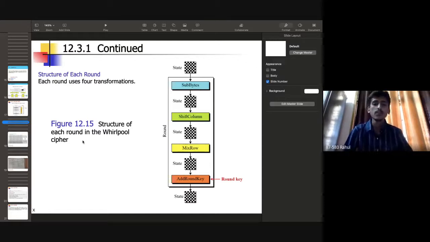In the shift column the first column remains unchanged, and for the nth column we do n-1 transformations. And next the mix row. In the mix row we have a constant matrix, and each row is multiplied with that constant matrix. Then we get a new row. Then all the new rows are placed together. And in the add round key, for all the 64 bytes, the Whirlpool cipher generates a key. We perform the XOR operation, and the result is stored in the new state.